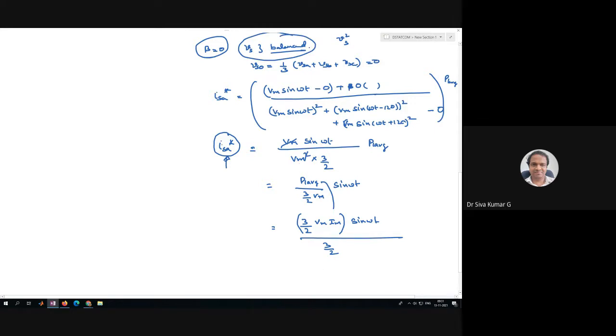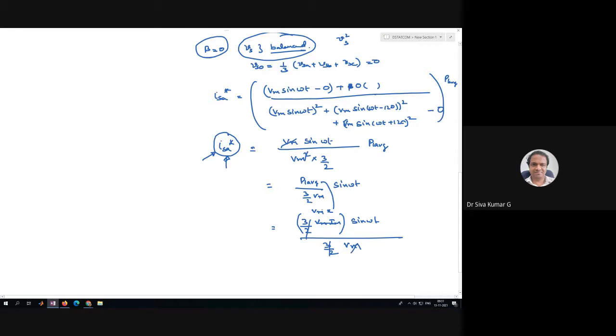In that case I'm just looking at how the instantaneous current looks. Here maybe some scaling factor should be there, maybe with Vm or some x also, or 3 by 2 times Vm times x. We don't know what x is. What x is, it is 3 by 2 Vm. Up to that you know it. What we get is going to cancel out.